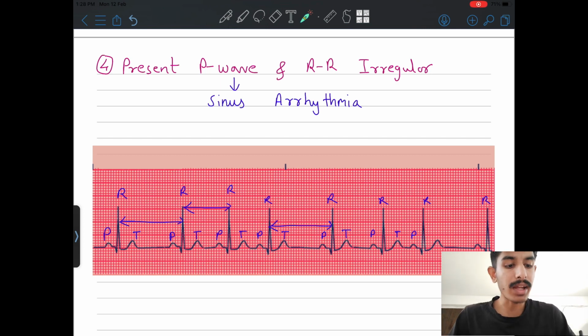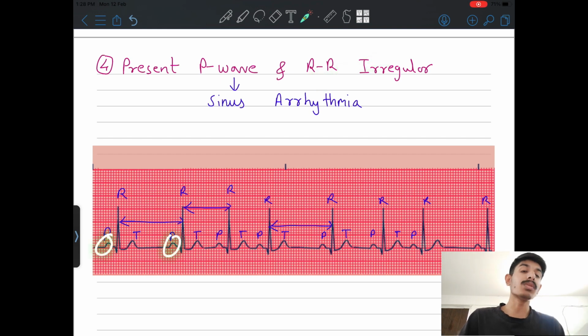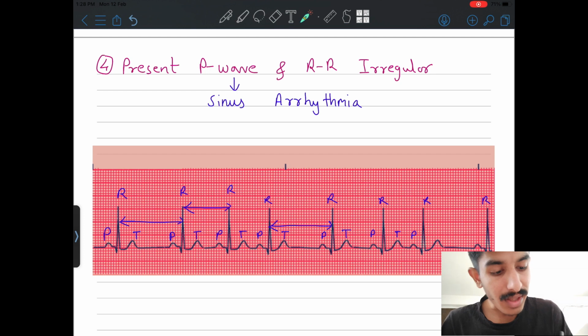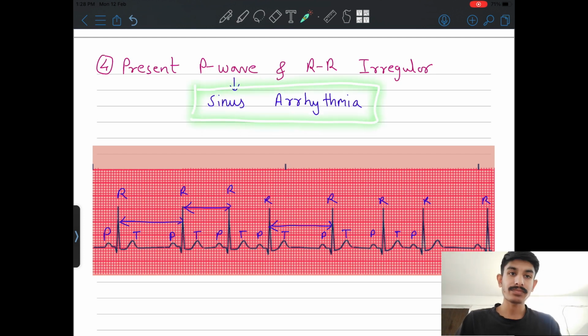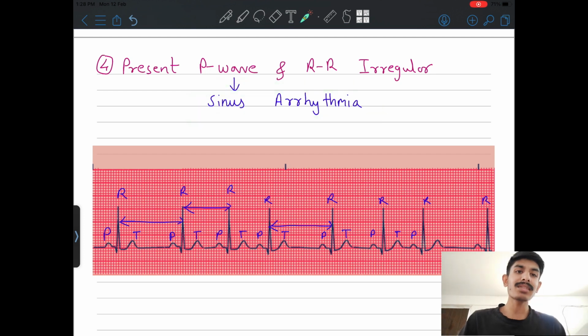So it is not regular. First thing, you rule out that it's not regular. Then the P wave is present. Yes, the P wave is present. So what will be the diagnosis? The diagnosis will be sinus arrhythmia. As you can see, ECG is simple, but you just need to approach it in a proper way so that you learn it better. So always check for the P wave, T wave, Q, what is absent, what is present, and what deformation happens in that ECG. First rule out that thing and you will know what your diagnosis is.